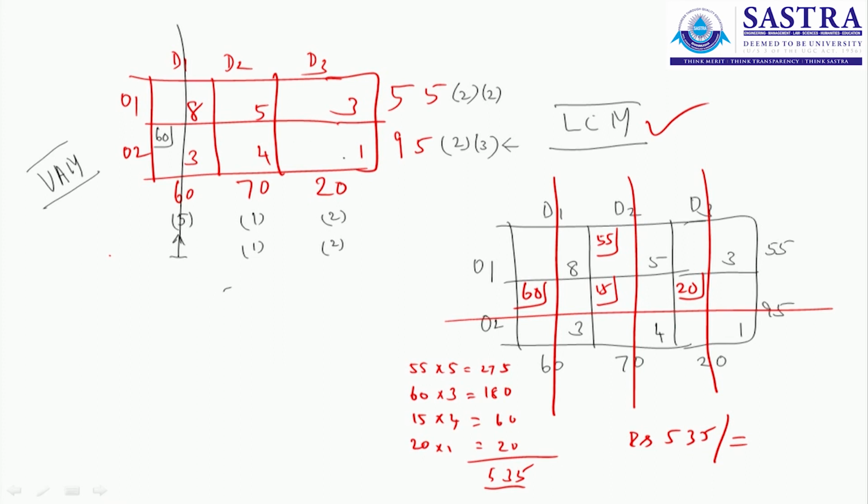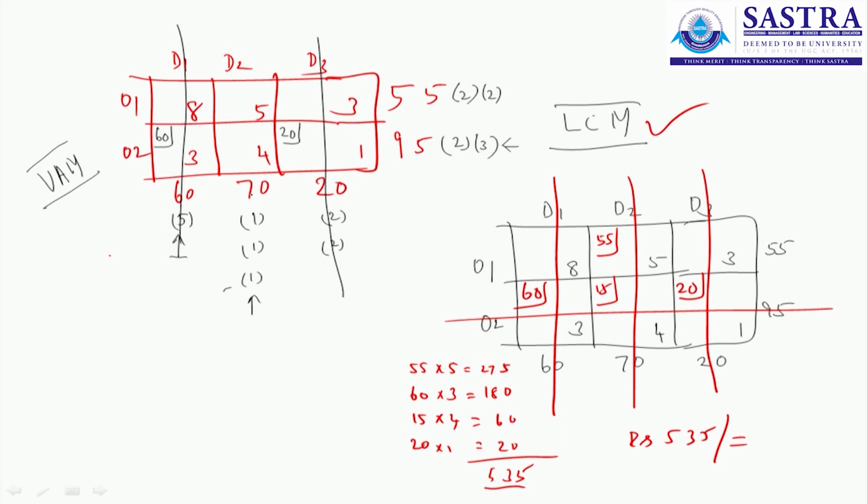Now this least cost is 1, where the demand is 20 units. You can supply all the 20 units because 20 plus 60 only comes to 80, not 95. So this demand is also being satisfied. So I am crossing this. Now in the row or column, no need to go for differences because in row one, 5 is the only element present. In the second row also, only 4 is present. In the second column, the difference is 1. Since we are not going for the differences, we can directly choose this column and choose the least element